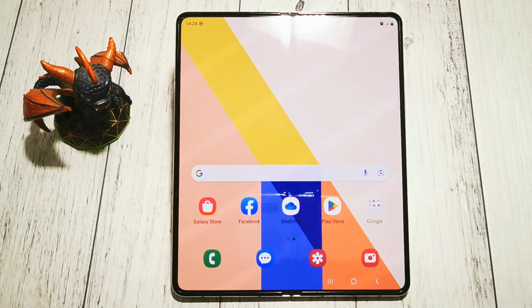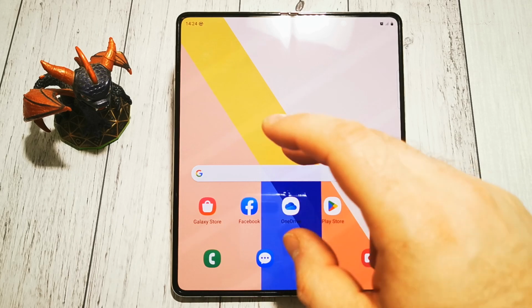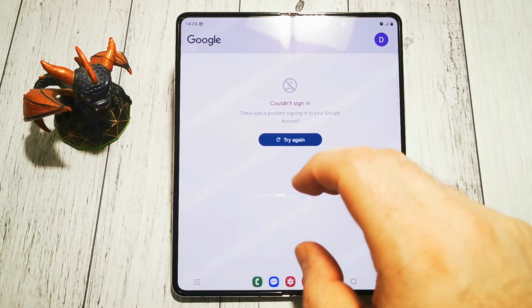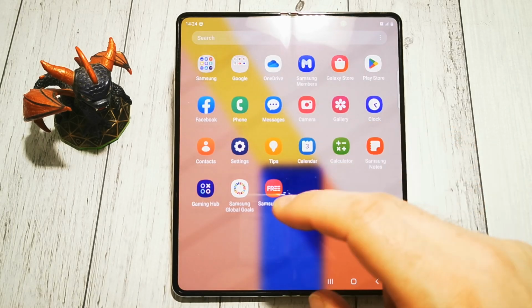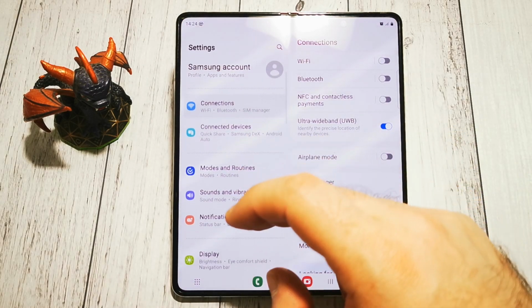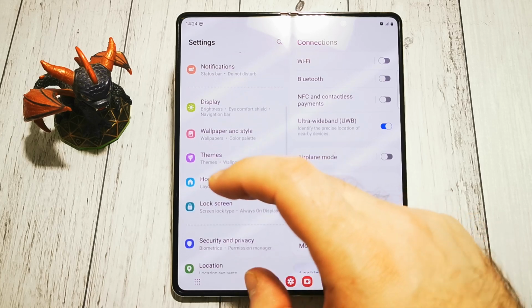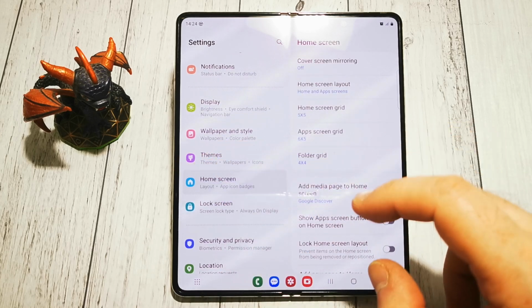Today I will show you how to turn off Google Discover option in our Samsung Galaxy Z Fold5. What is Google Discover? It's this right here. If we want to turn it off, we have to go to settings, then we're looking for home screen options,